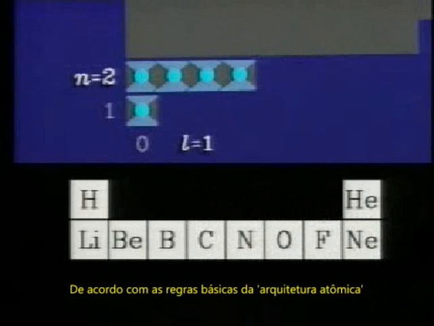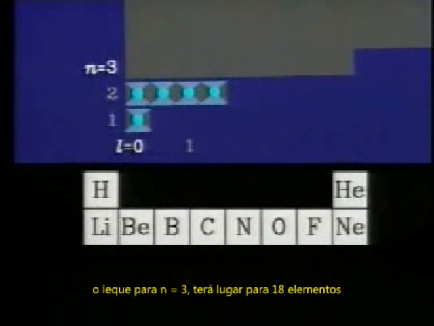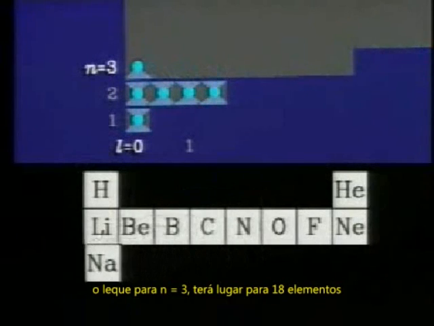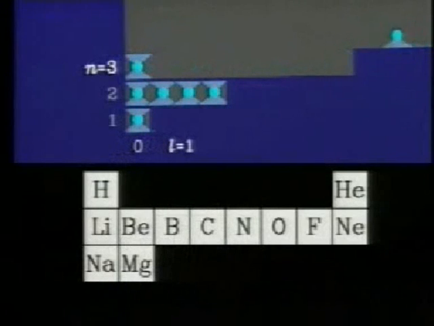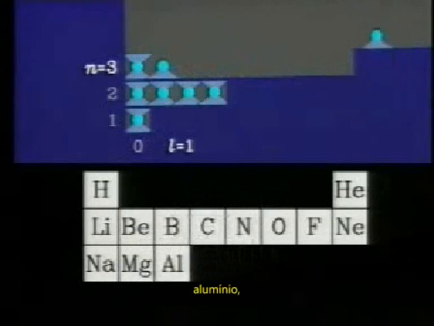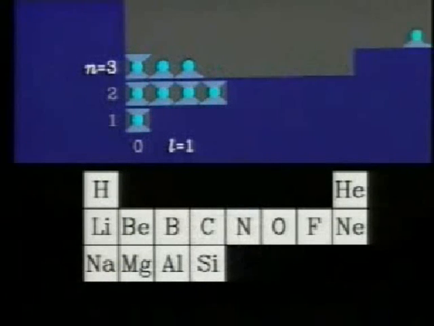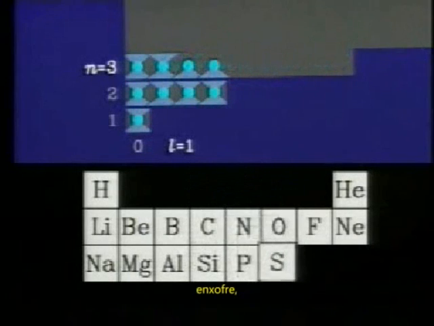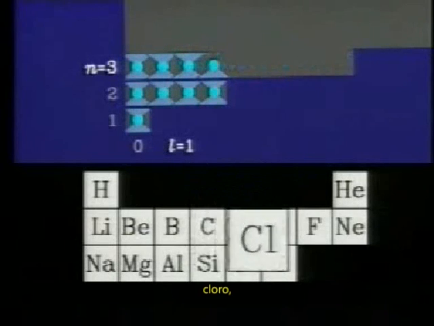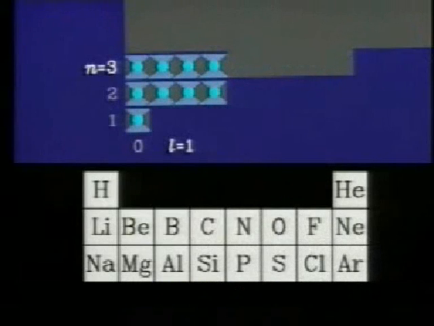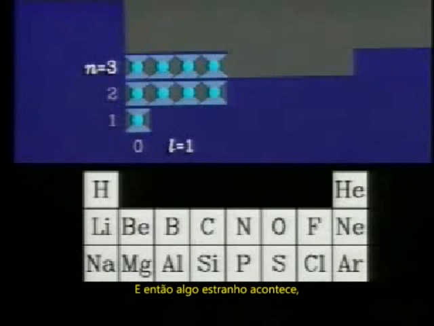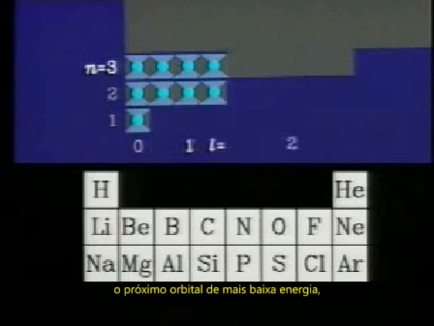According to the basic rules of atomic architecture, the n=3 shell will have room for 18 elements, starting with sodium, then magnesium, aluminum, silicon, phosphorus, sulfur, chlorine, and the noble gas argon. But then a funny thing happens. Because of forces between electrons, the next lowest energy orbitals are at the ones with L equal